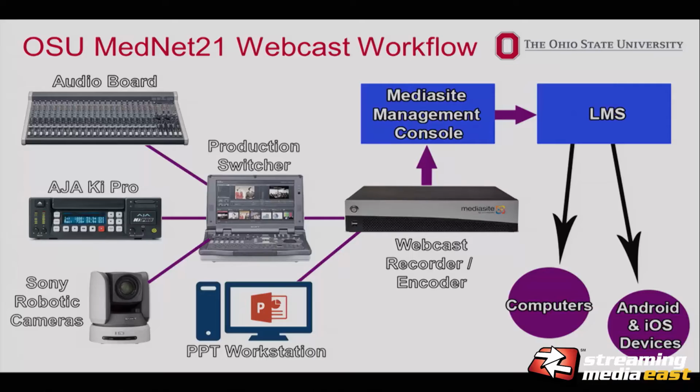So they need to see certain surgeries and procedures, and we help with doing that using the AJA robotic cameras. That's just the setup that we use, and it reduces the cost. For the production switcher, they're using the Sony Anycast. It's an older switcher, but essentially all of those inputs go into the switcher, and then it spits